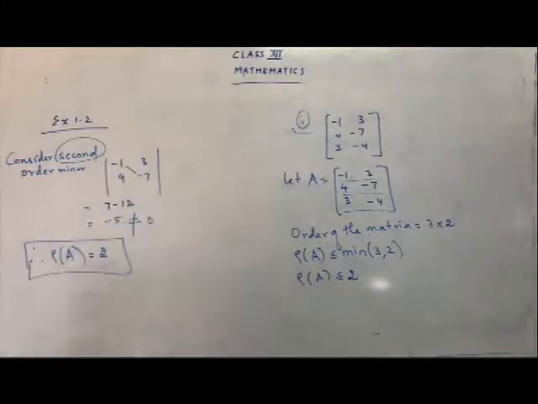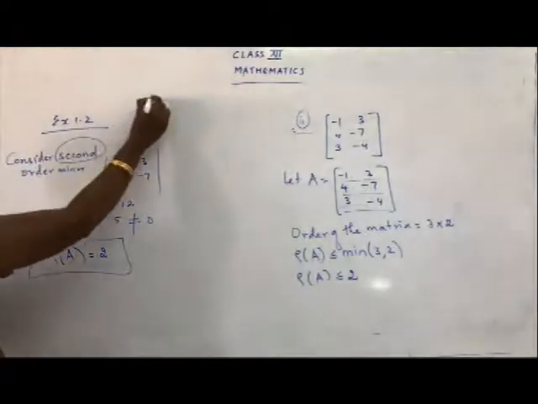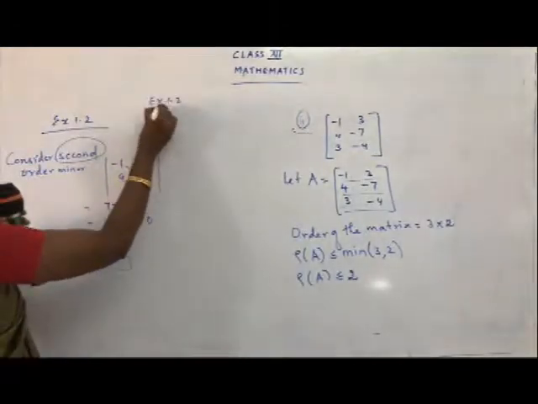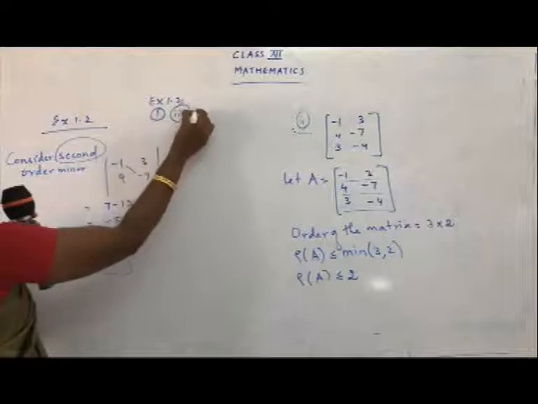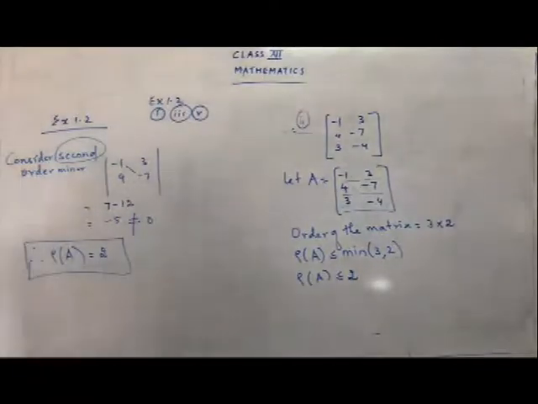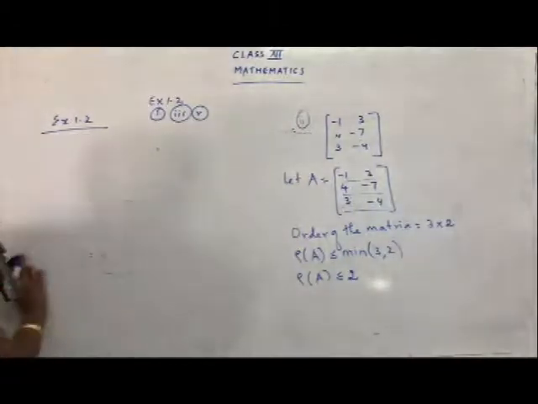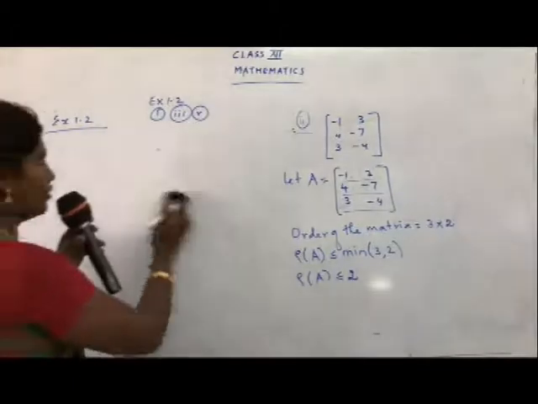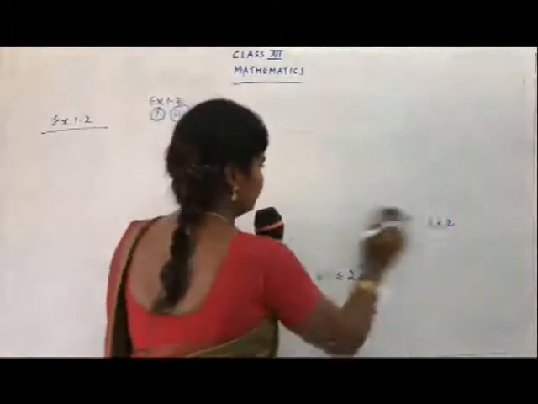Okay, so the third subpart is your homework. Mark the third subpart as homework and mark the fifth subpart as homework. Exercise 1.2, question number 1, the third subpart and the fifth subpart are your homework. I'll be completing subpart 4. I hope you have taken down the second subpart. Now let's go for the fourth subpart and let's finish the first question of exercise 1.2.